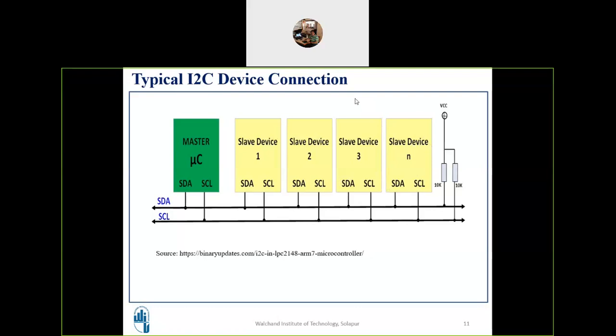So let us hope our faculty member Oursang sir is also joining this meet. So I know that Oursang sir will definitely answer this. Sir, what that resistor connection will be called as? Pull up. Exactly, sir. So these two resistors are used for pull-up purpose, means these are two pull-up resistors. So pull-up means what? Whatever may be the status here, initially these two lines will be held high.